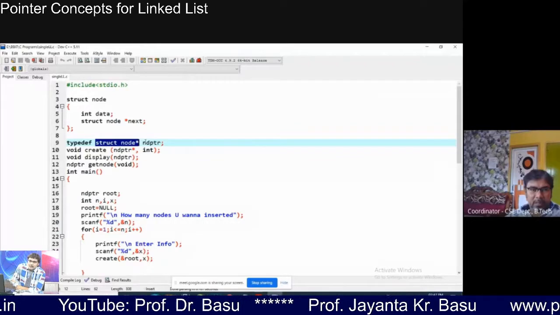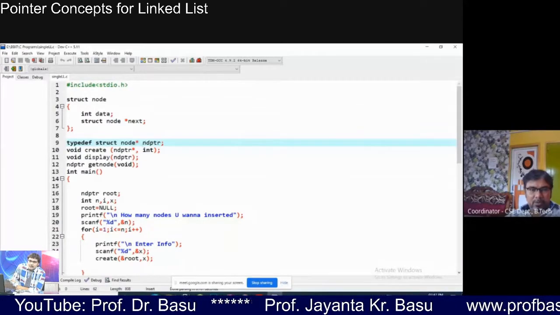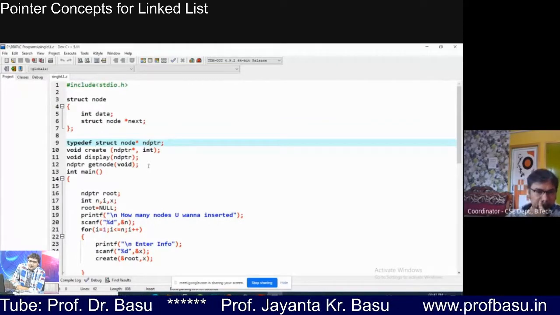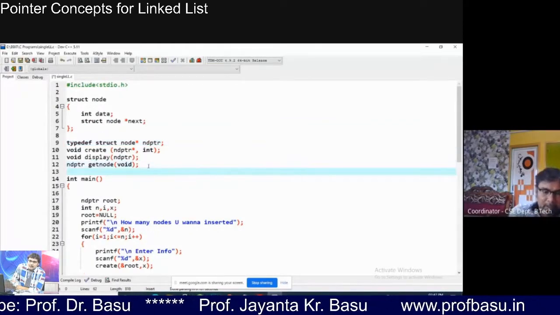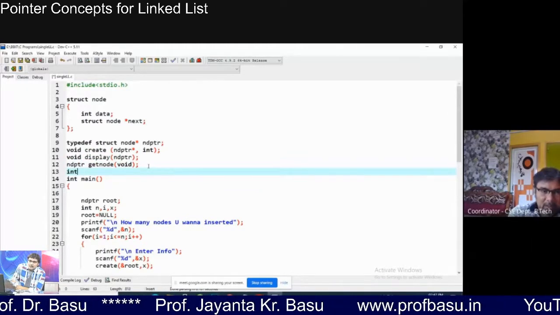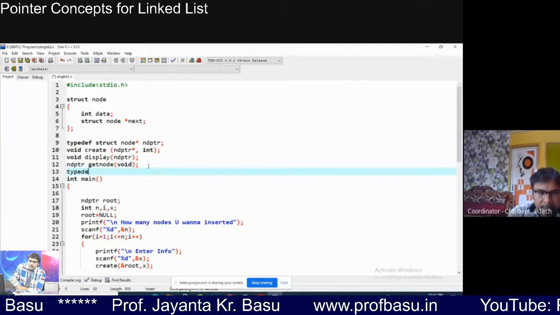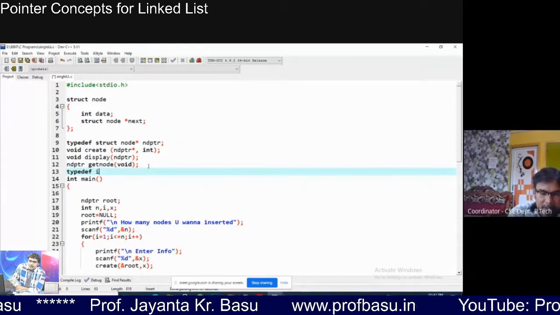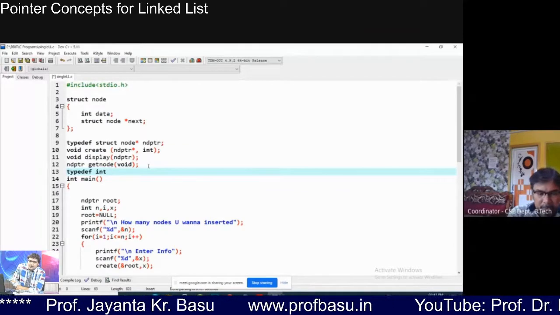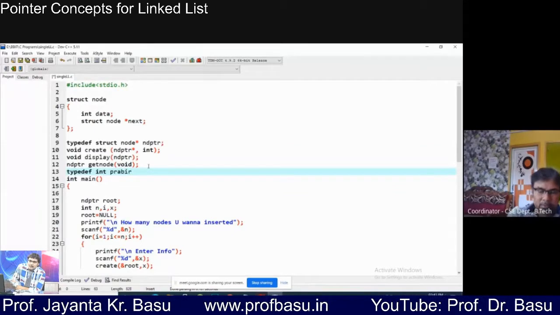They choose a name and just use that name to represent the primitive type. Like, if I write typedef int Prabir, let's say, Prabir.